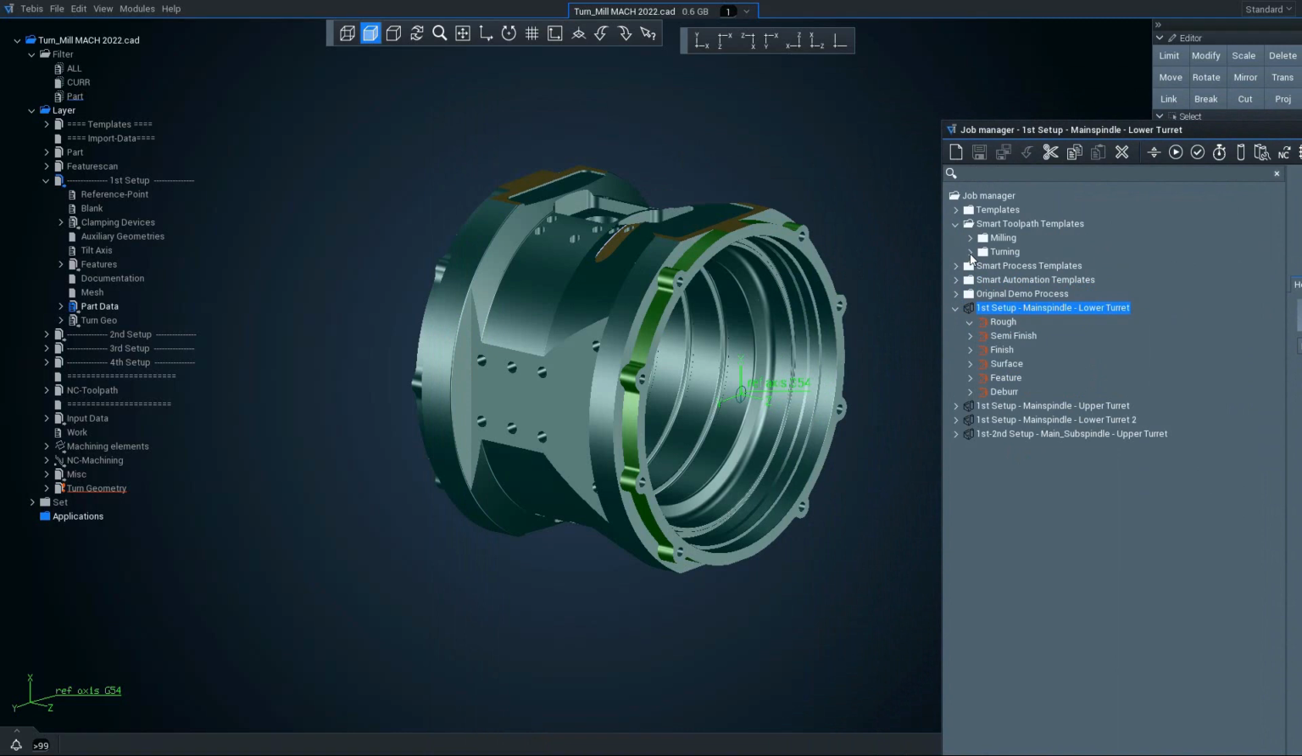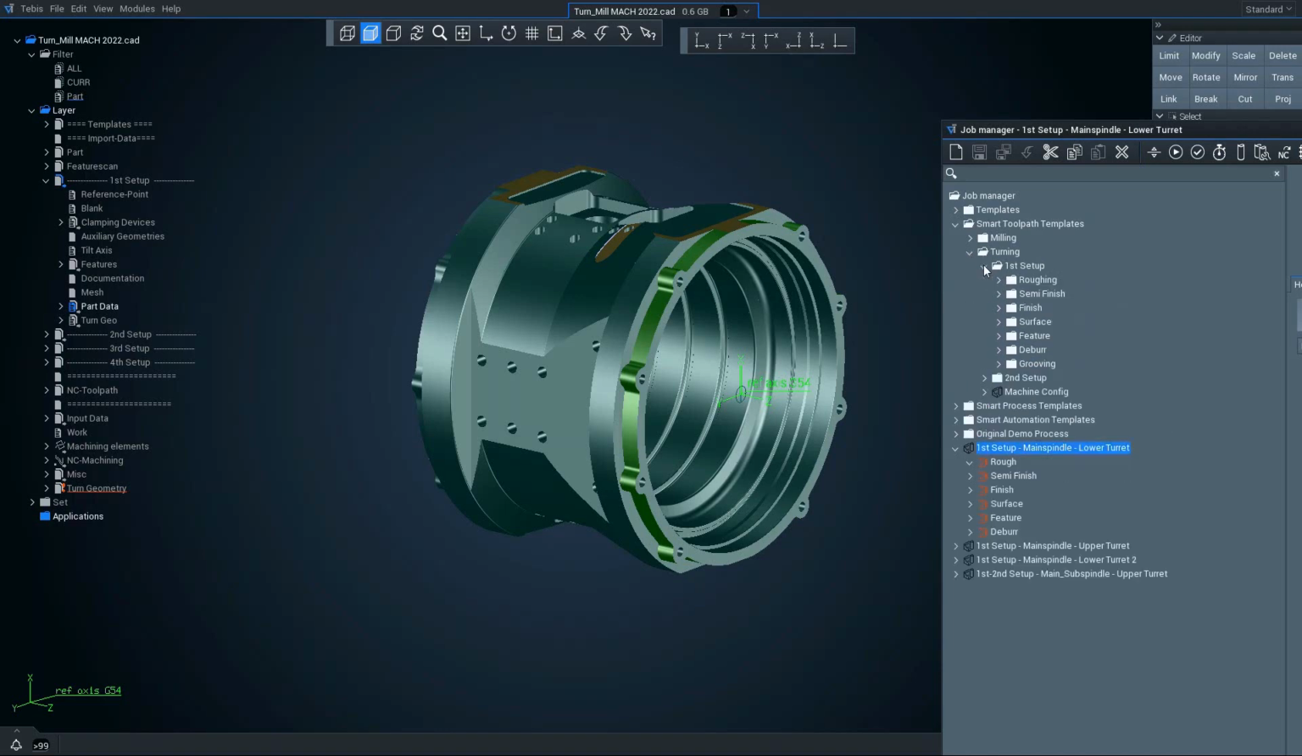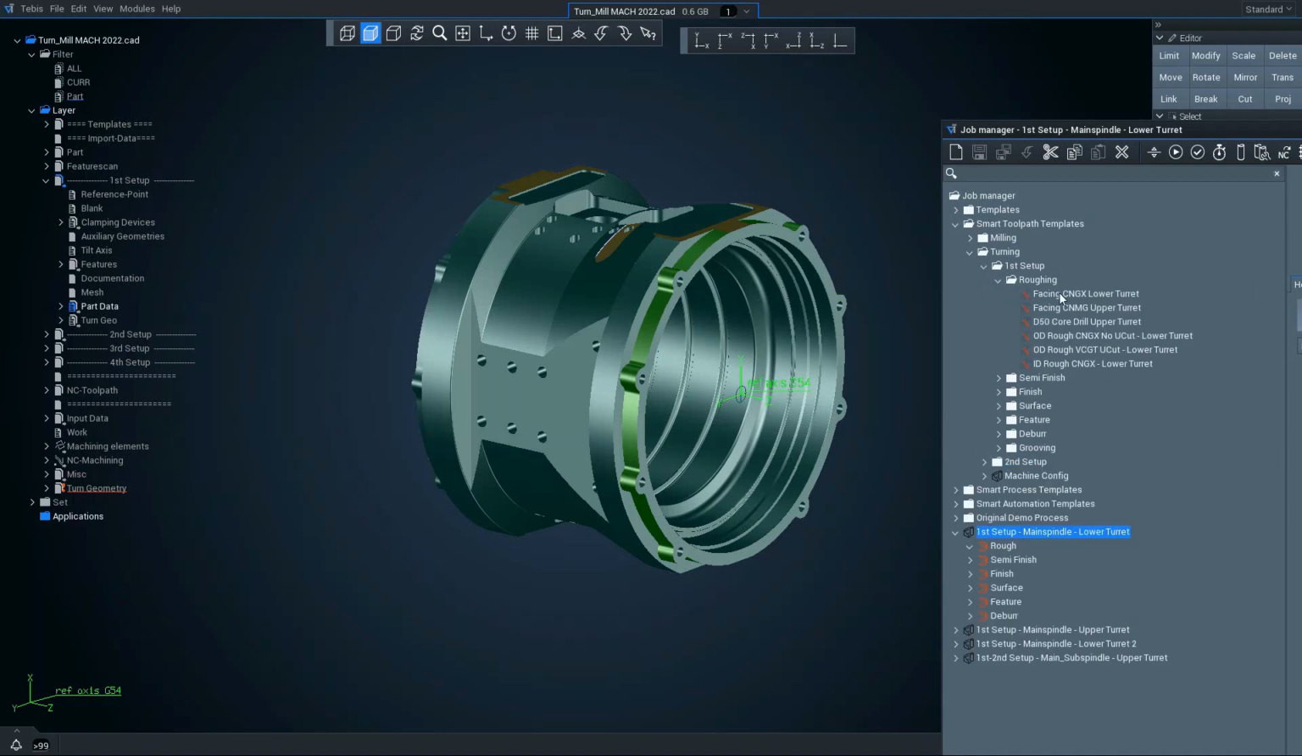Smart toolpath templates are a set of predefined completely set up machining processes. When we apply these to a program, what Tebis will do is automatically draw the data it needs from the layer tree, add it into the programming operation and calculate the programming operation automatically. So our first operation will be to face the component. So we're going to choose a facing operation with the lower turret